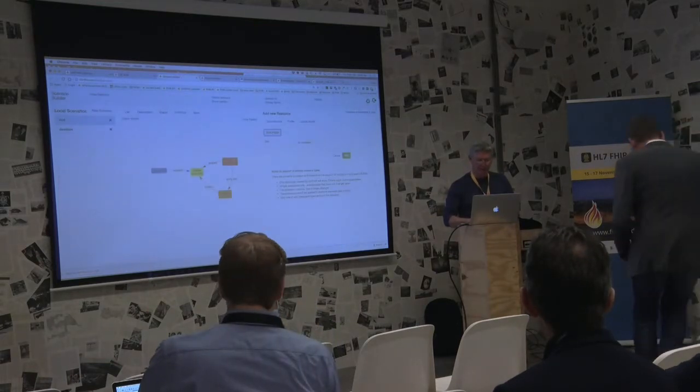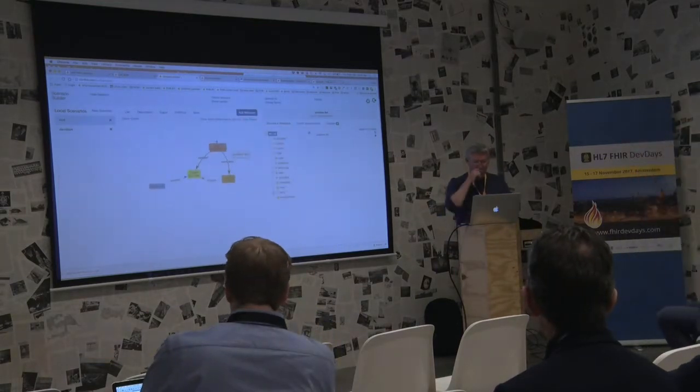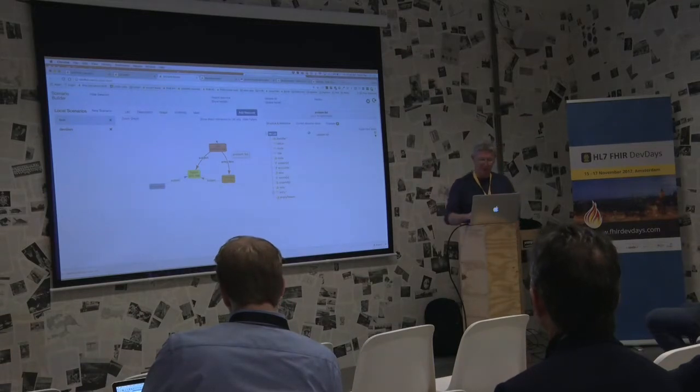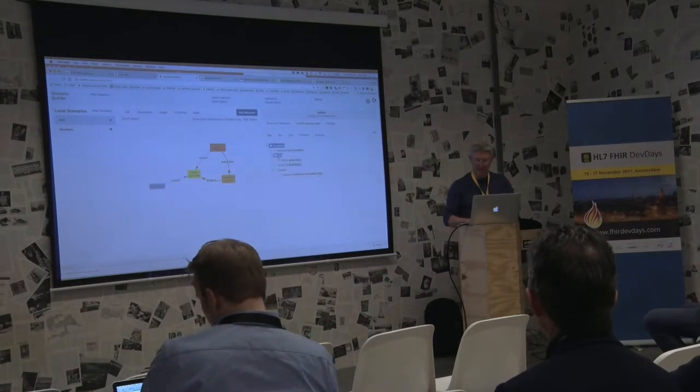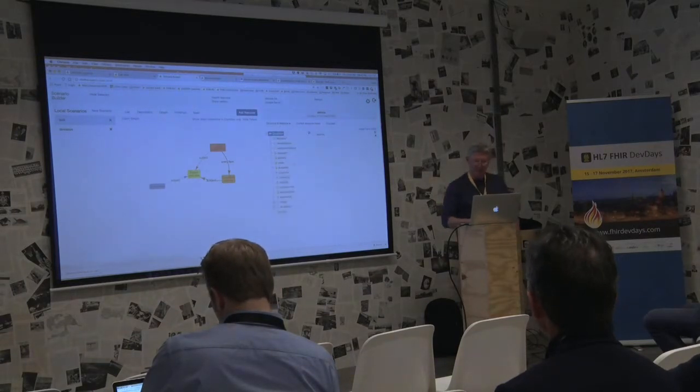I'll go back to my scenario builder if I may, because what I wanted to show you is, we talked about structured data in the previous talk. If we look at my actual resource, I can see those links here. This is the actual data that I've entered. I've got the text that I typed in, and the subject, and pretty much not much more. If I want to start adding more data, for example a particular code for this condition,